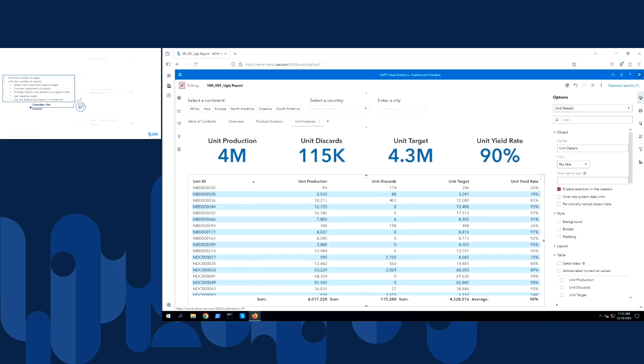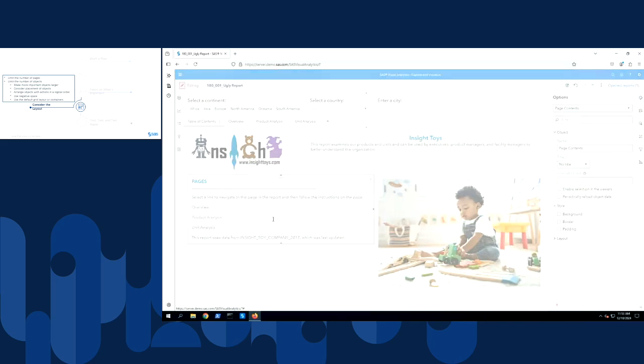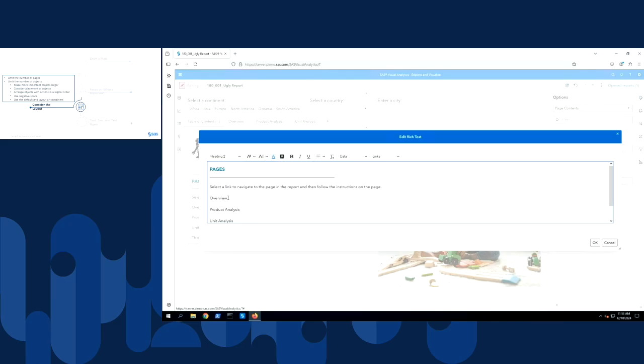The last thing I want to do is add some links and things to the table of contents page. So you'll notice in the pages block that it has a list of all of the page tabs. I want to add a link to each of those tabs so I can easily get there from this page. So I'm going to double click the pages text object. I'm going to make the pages tab heading 2. That's important for screen readers as well. It will put more emphasis on those items. And then the rest of my values are paragraphs, which is what I want it to be.